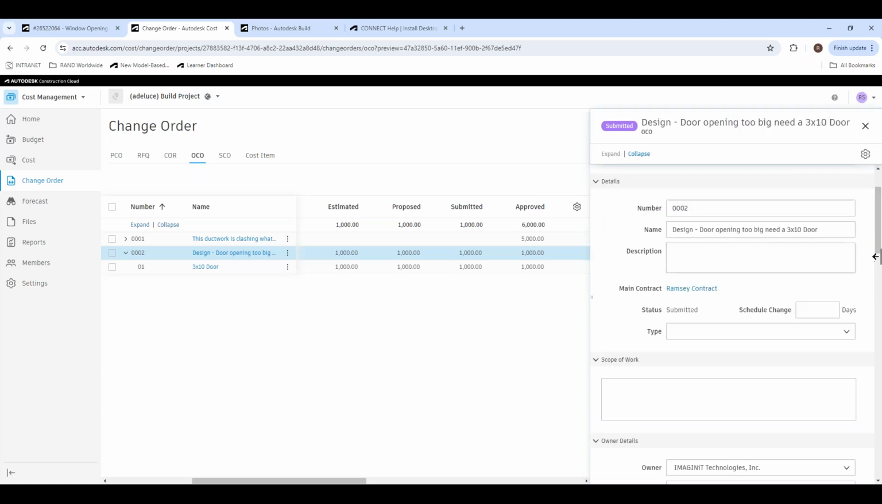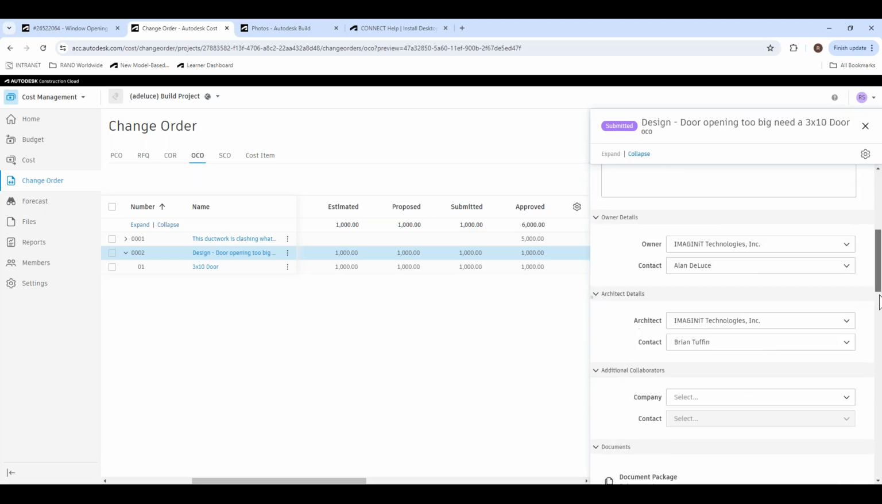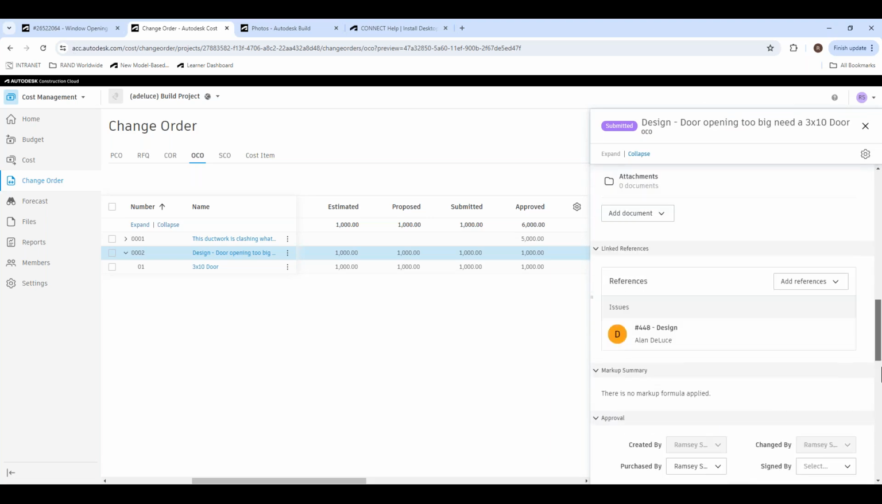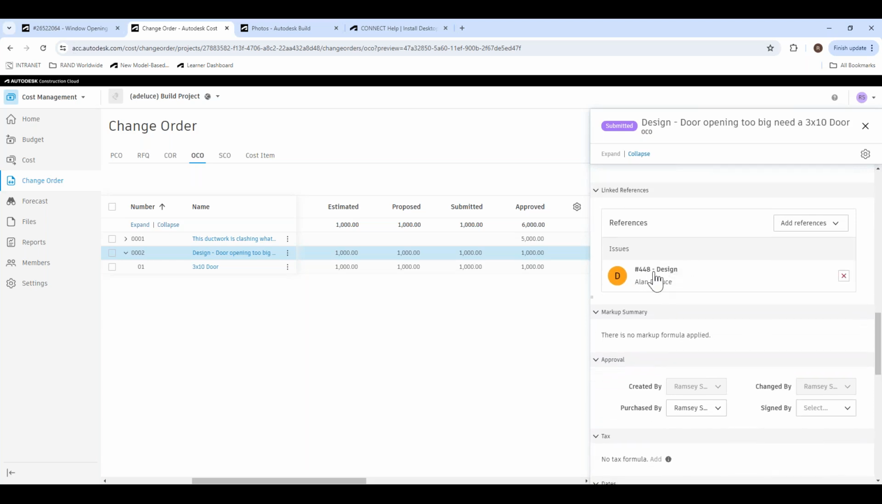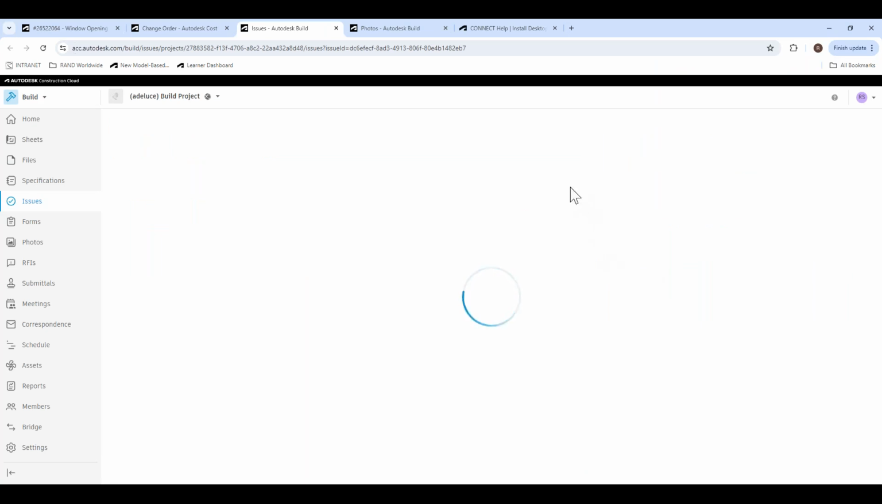They're going to see your owner change order. They're going to see the name, description if you had it, things like that, all the pertinent information, any document attachments. And then here is the important piece. This is the reference of where this change order had stemmed from. So if we go ahead and click on our reference real quick,